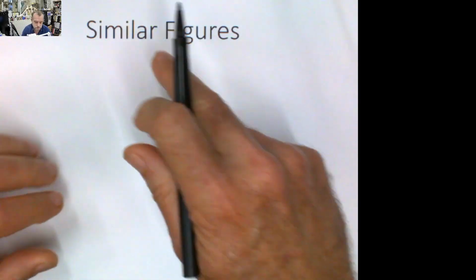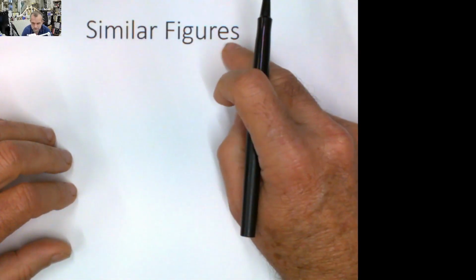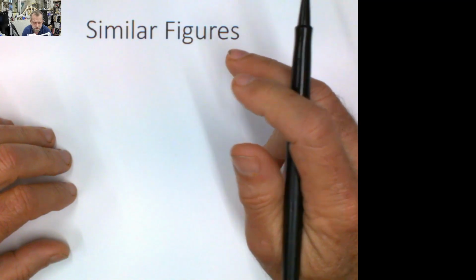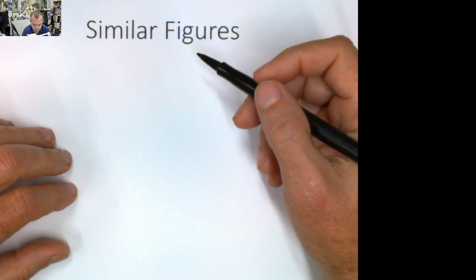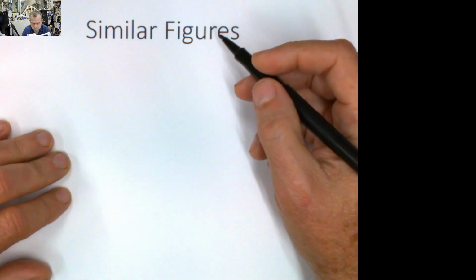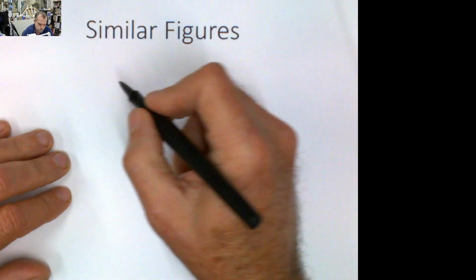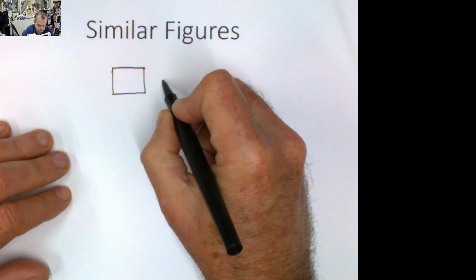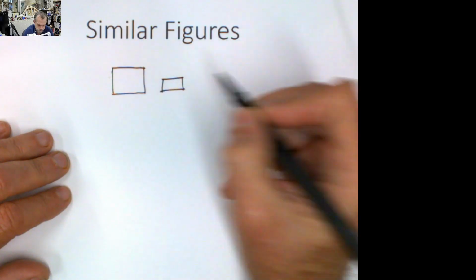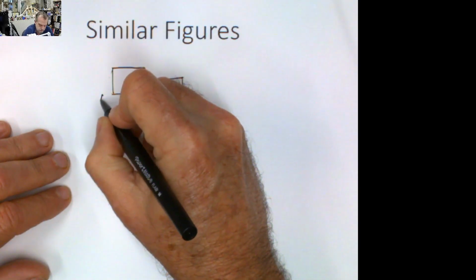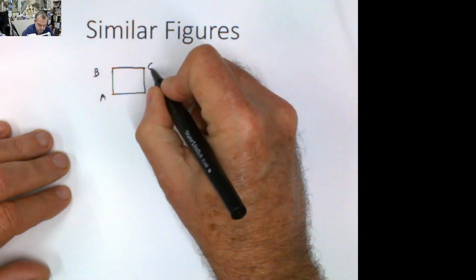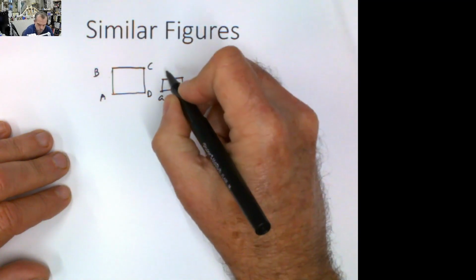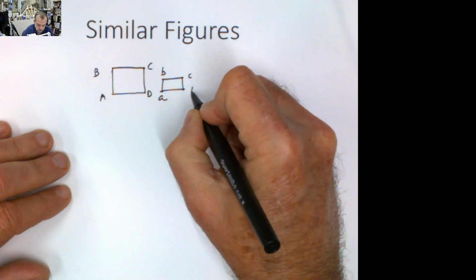Hello guys. So this video is about similar figures, and this is something that is used a lot in engineering as well, and you learn it in previous courses. But the general concept is this: if you have this rectangle, for example, and you have this rectangle, and this is A, B, C, and D, and then you call the small ones A, B, C, and D as well,